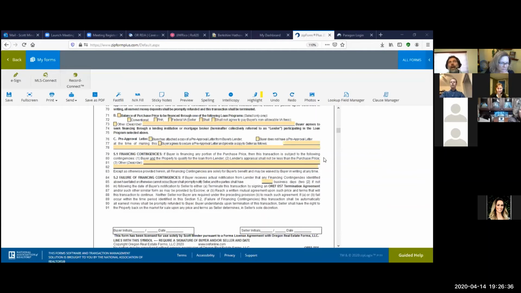To protect yourself in your contract for buying the next property, you should have some reference to that, so that if your deal falls through, you have some way of getting out of the deal that you're in. And so find types of financing contingencies. Like I said, if you have a real verification letter that says you already have the funds, that's great. If you are buying the property after you sell a property,